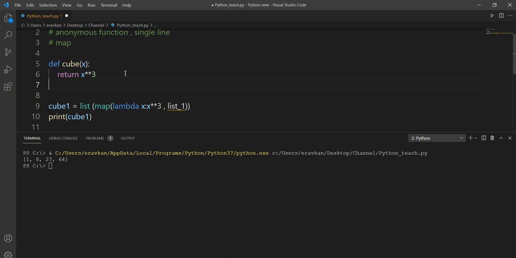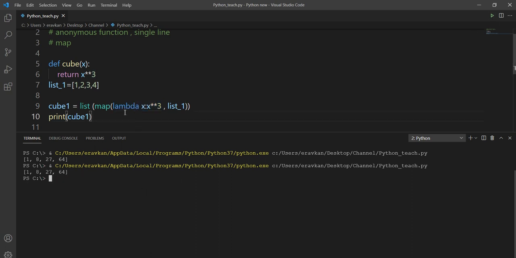And my list is list underscore 1, which is 1 2 3 4. So in this way, I have replaced my cube function by using a lambda statement, a one line statement. If I run it, I will get the same output. So in this way you have used map in combination with lambda.